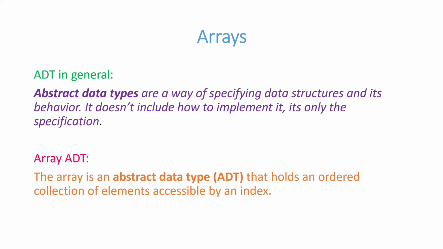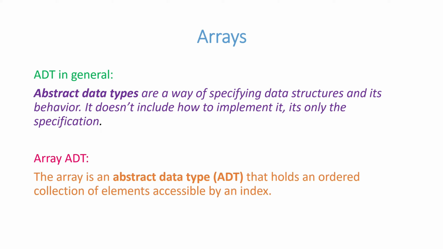Let's talk about the first one, ordered collection. What do you mean by an ordered collection? It means it maintains the insertion order. The order in which you have inserted the elements, they should remain in the same order. And remember, ordered does not mean that it is sorted. It just means that it maintains the insertion order. So if some element is inserted at the fifth position, it should be at that position only.